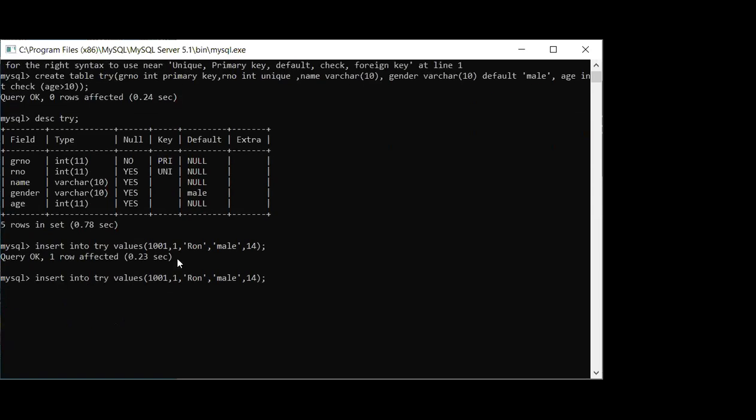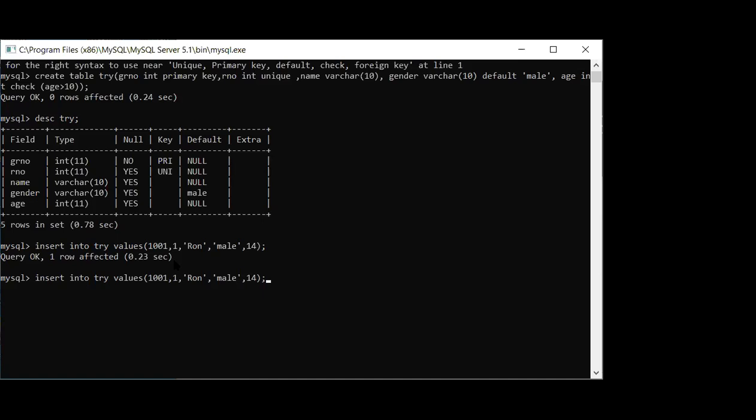Now again I am going to insert the same value. Now anyone let me know, I will get error or no if I will insert the same value. Anyone from your side, I will get the error or no? Very good, we will get the error.